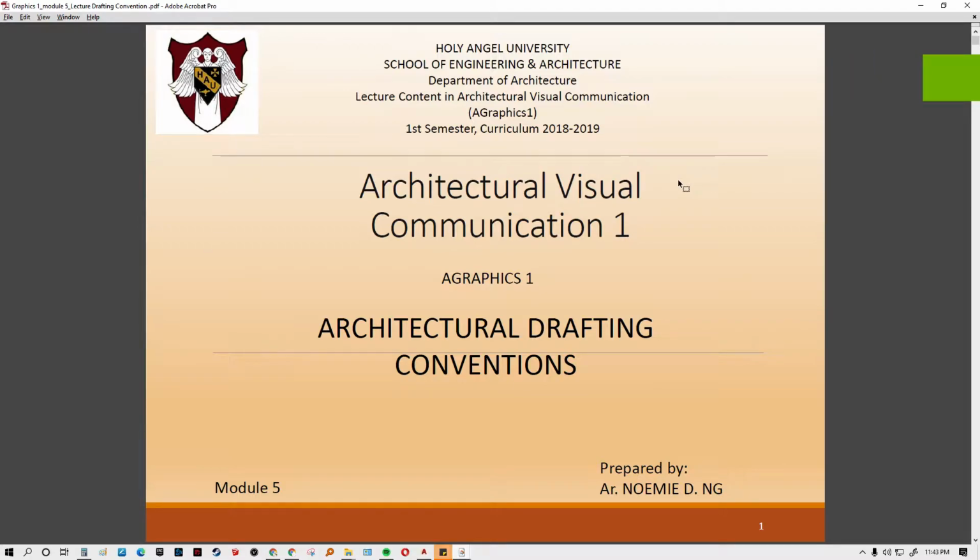So for today, we're gonna be discussing the drafting conventions that are applied in your design drawings or construction drawings. As you all remember, what you have experienced in your prelims and midterms are all parts of the basics. With this one, we're gonna be diving a bit deeper on